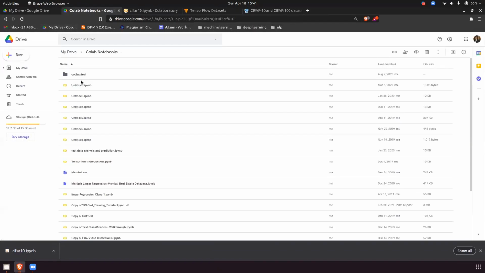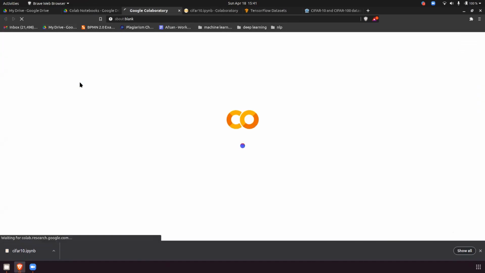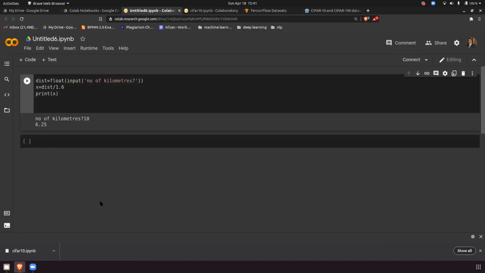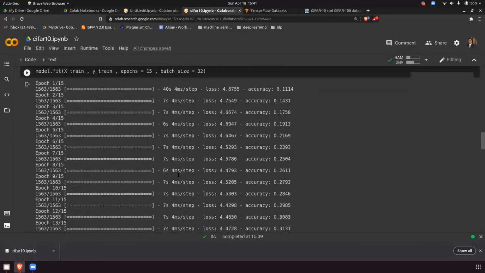The MNIST dataset. I will open this again and work with this only. I have saved the previous work.